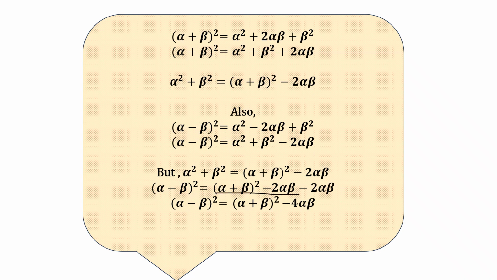We will put this into this. Put this into this. We get alpha plus beta all squared minus 2 alpha beta. And this 2 alpha beta is already there. So minus 2 alpha beta. And we get alpha minus beta all squared is equal to alpha plus beta all squared minus 4 alpha beta. Okay, knowing this,